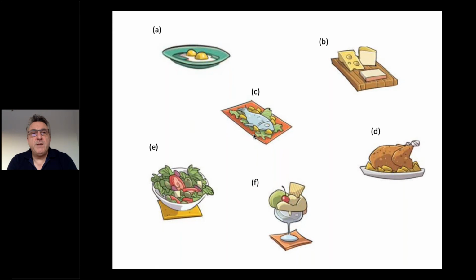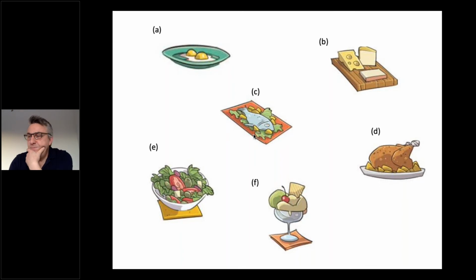And A, that's eggs, in case you're wondering what they are. So we've got A, B, C, D, E, F. Does anybody want to try and put in the order? Just show me the letters that show the alphabetical order of the objects here. So I'll help you, of course. We've got eggs, cheese, fish, chicken, ice cream, salad. Yes, I've got a couple of teachers who guess the right answer.